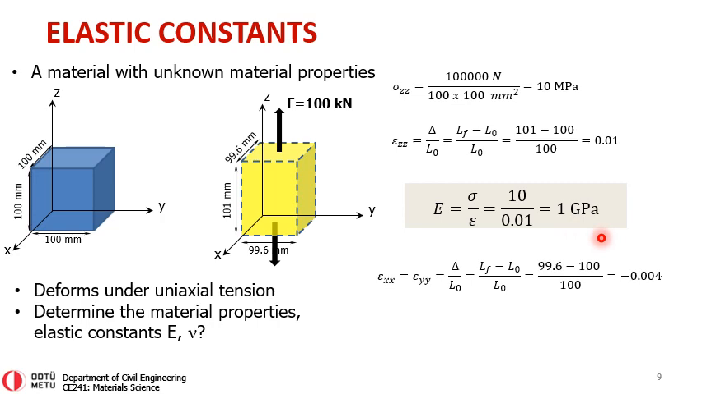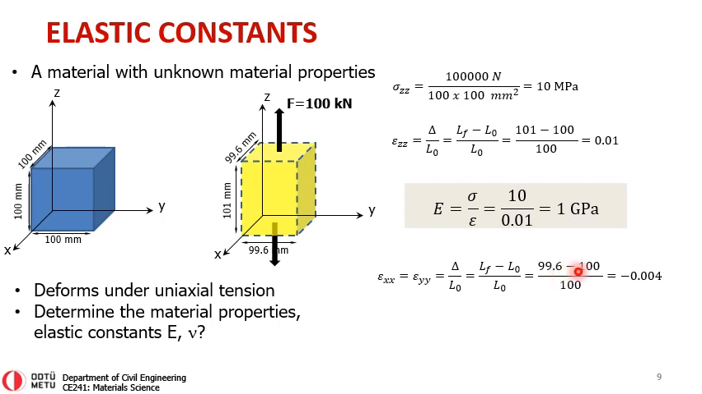To determine the Poisson's ratio, remember, we need the transverse strains. In this case, obviously, this is an isotropic material. Why? Because from 100 millimeters and 100 millimeters, it turned out 99.6 and 99.6 millimeters. So the same. Therefore, delta xx equals delta yy, which is (LF minus L0) divided by L0,